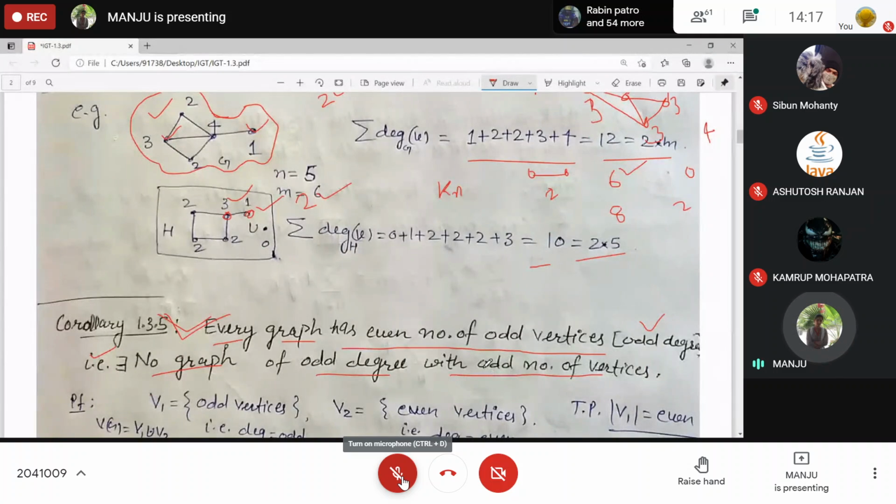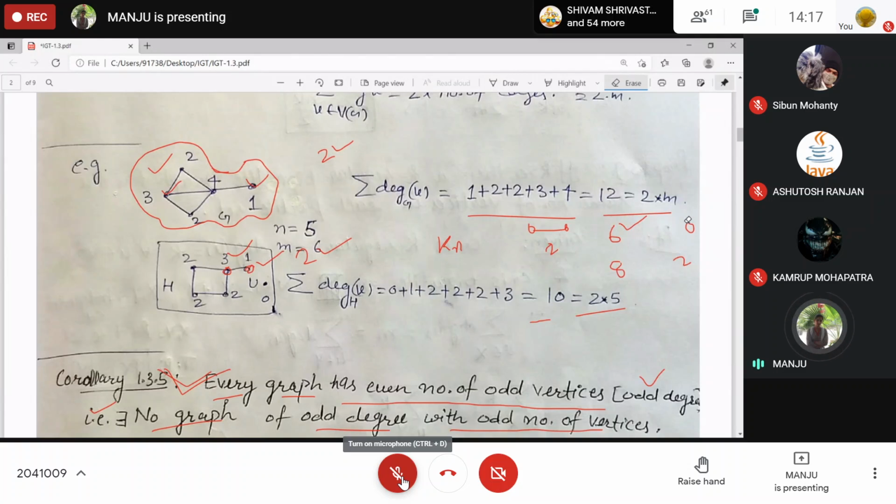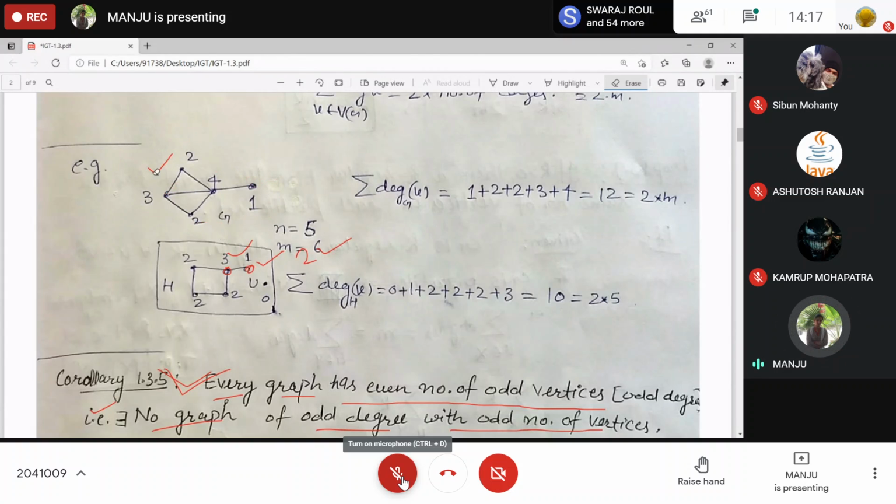How to prove this? Suppose we have the vertex set V(G). Some are odd vertices, some are even vertices. I'm collecting all the odd vertices in set V1, and V2 contains all the even vertices. Is there any common vertex between V1 and V2?